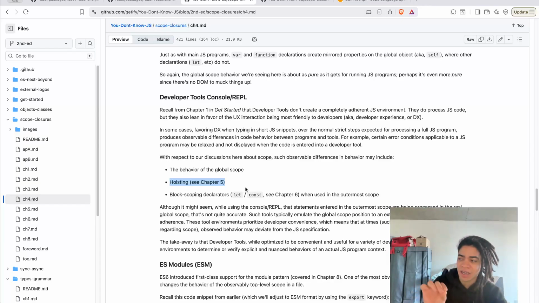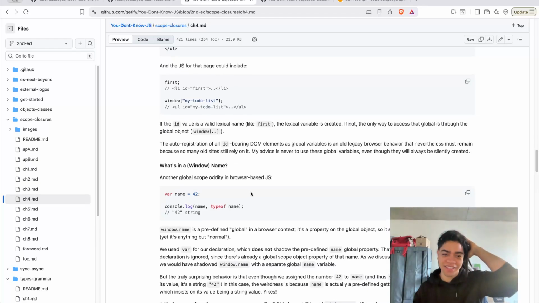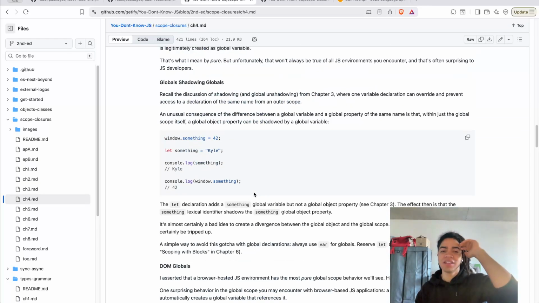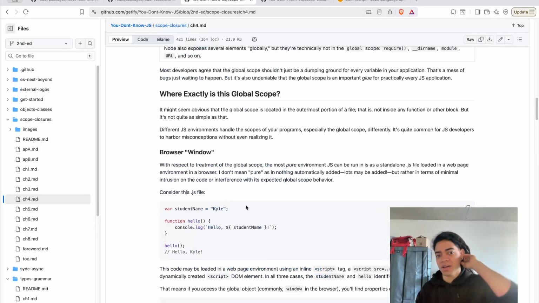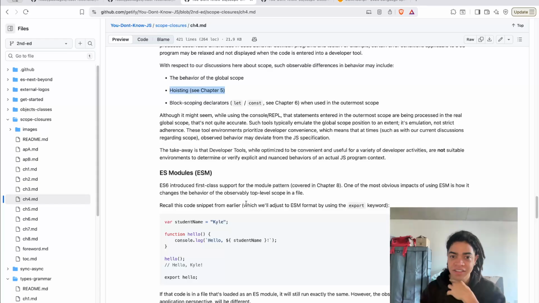So now this environment, the developer tools, doesn't behave the same as the global, specifically for block declarations with let and const. That is quite interesting.